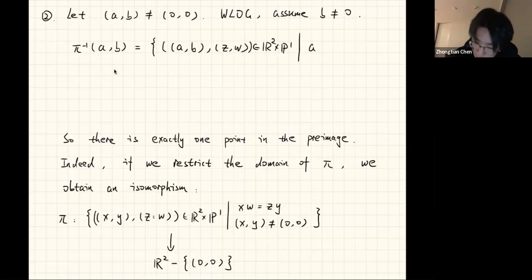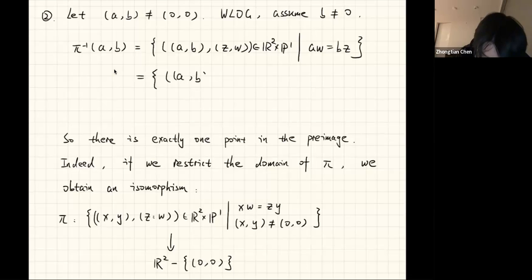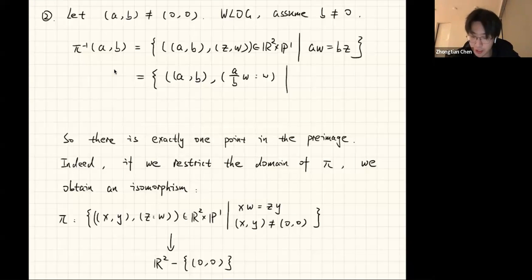Then the equation becomes A W equal to B times Z. And this is the same as A B. And so, because A W equals B Z and B is non-zero, we know Z equals A over B times W. And now there's no constraint anymore. So W can be